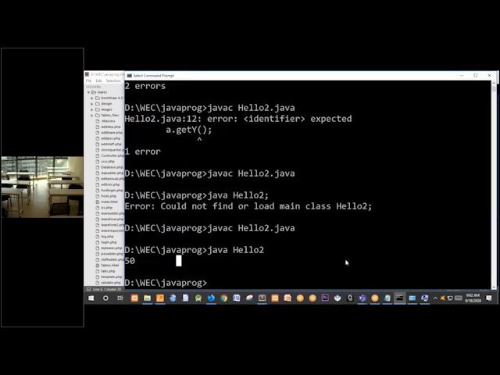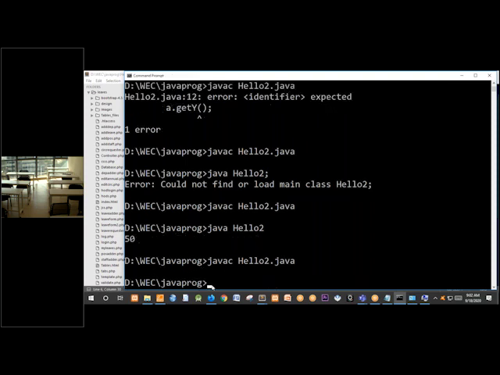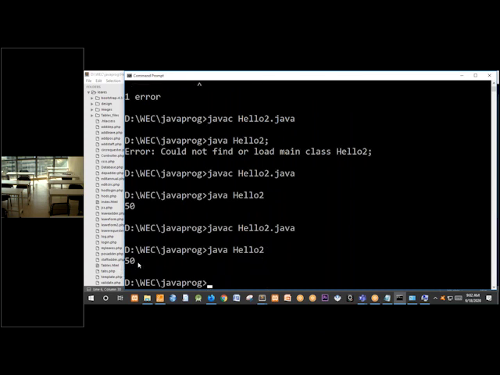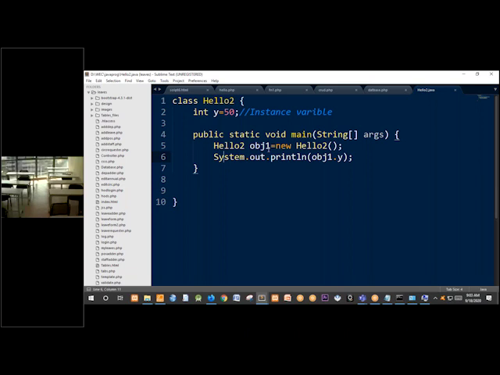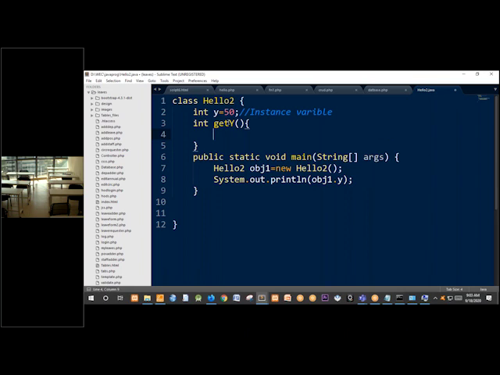So after this, we can also use int get word. Return word. int word. x equals y. No. We can set it